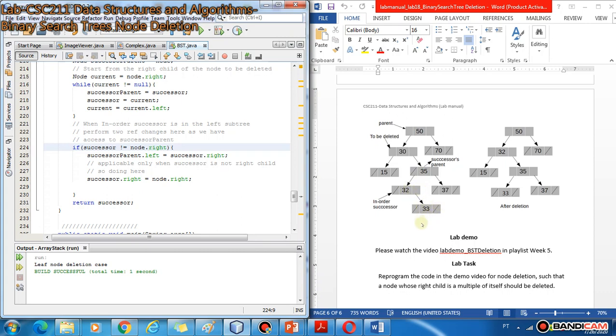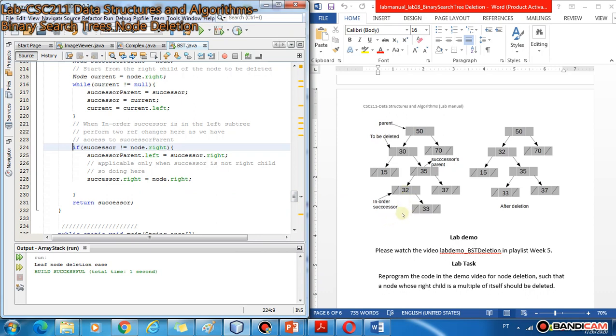We fix first this link between 32 and 33, because 32 is going to take the place of 30. Then successor dot right is equal to node dot right.